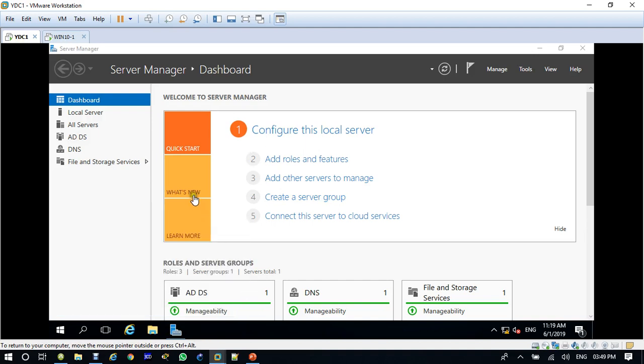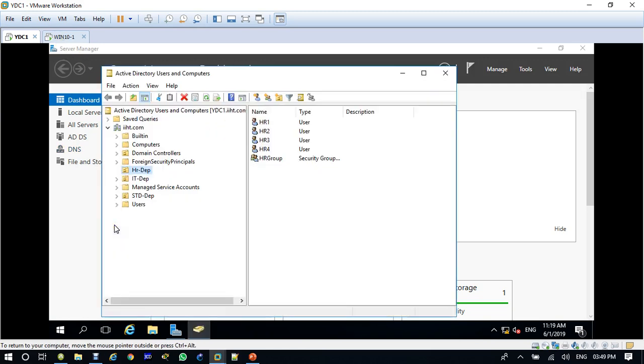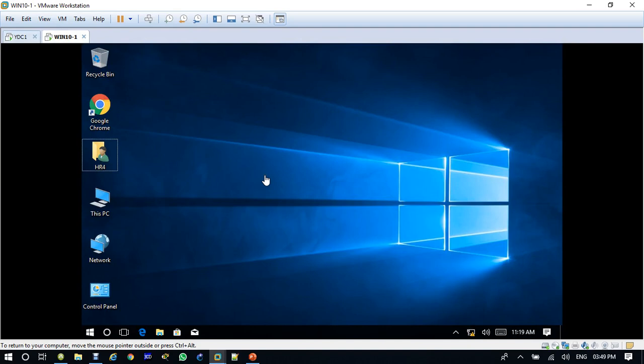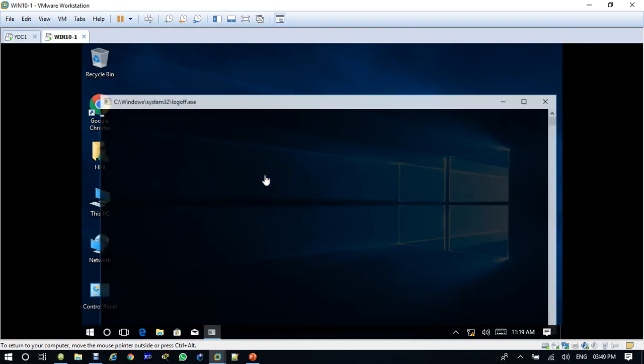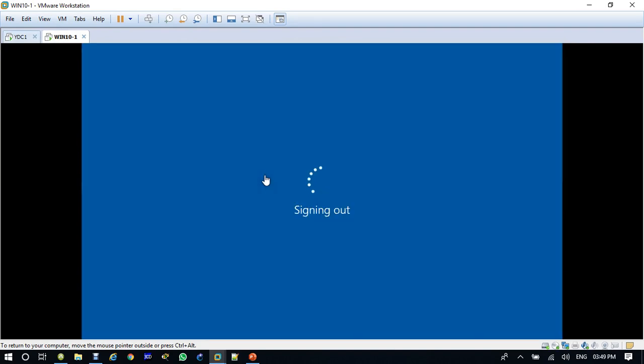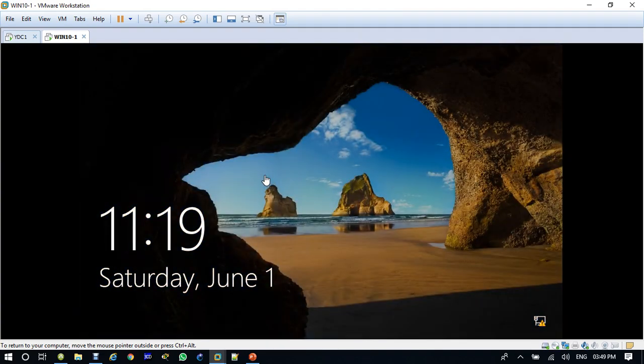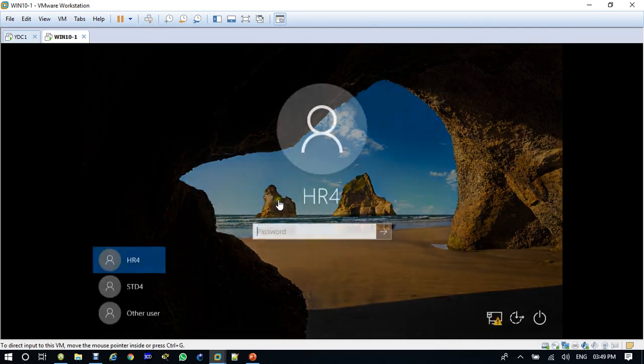I think I created one student 4 or 3. Let's see. So I created student 4. Let me log in with student 4 and verify that it is only based on the department.